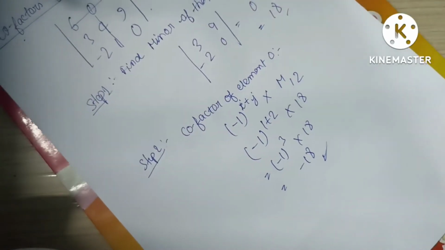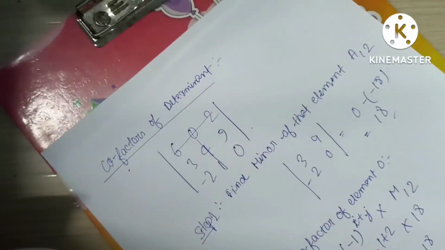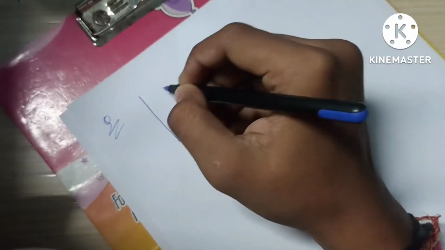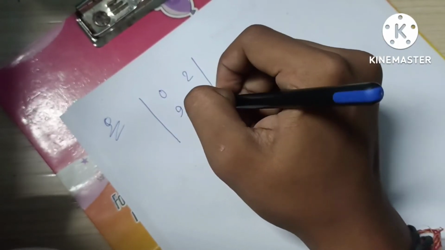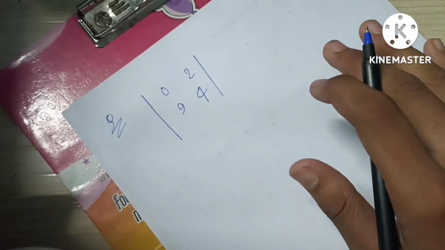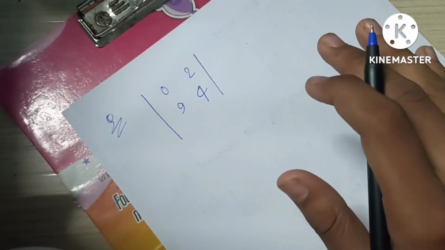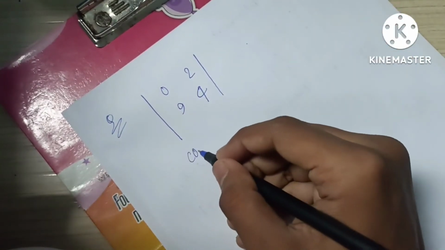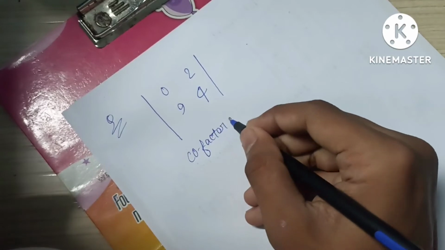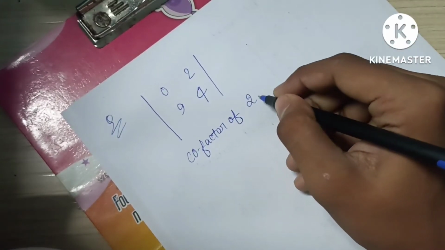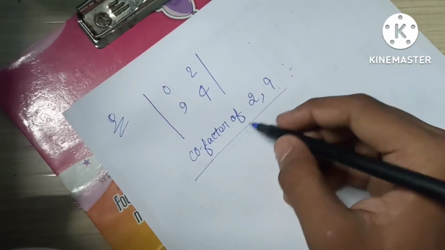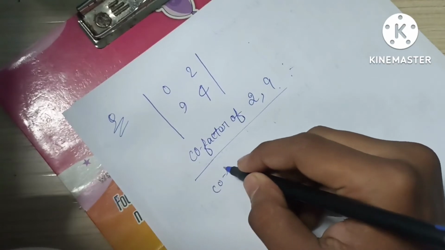So let us do one more sum of a cofactor, and this time we will take a second order determinant. Say the question is 0, 2, 9, 4. This is the second order determinant. We need to find the cofactor. Okay, the cofactor of 2 and 9 we need to calculate. So let us do it for 2. Cofactor of 2